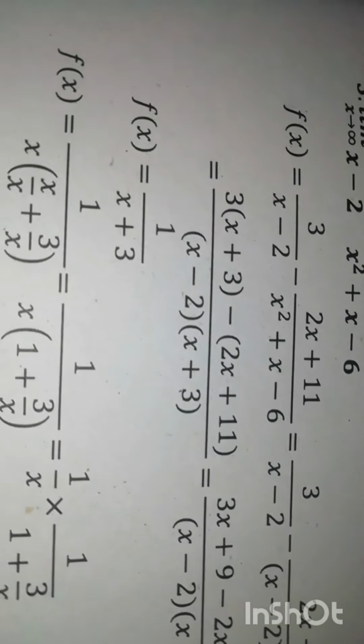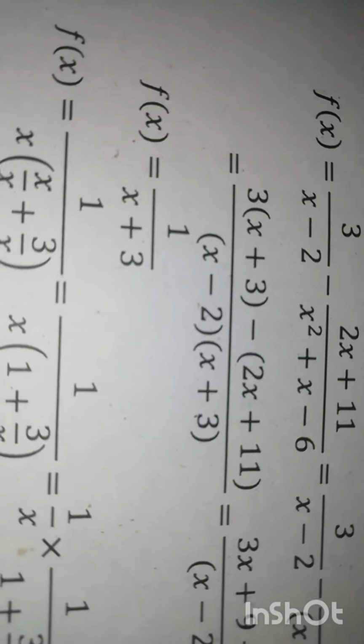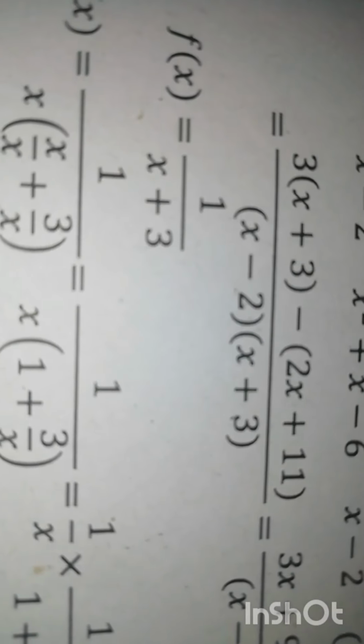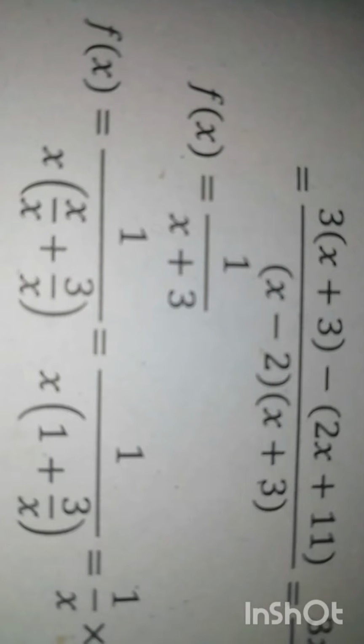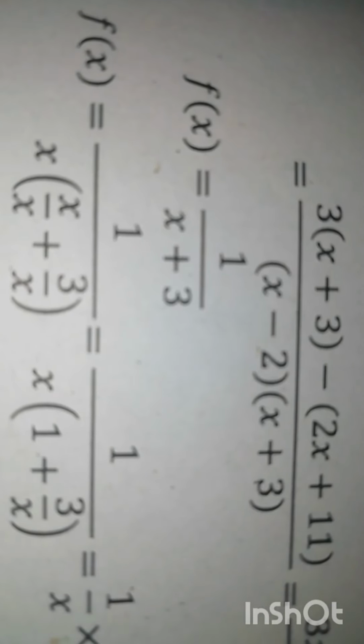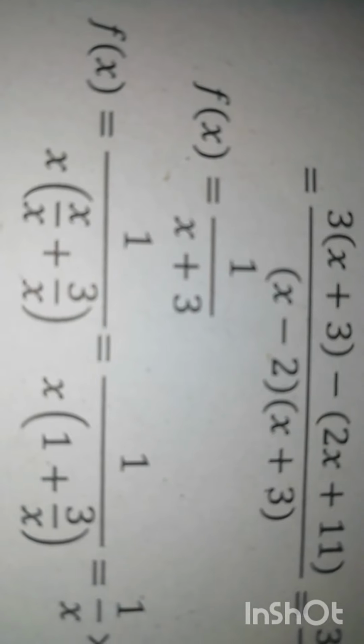Now, they are asking x tends to infinity. Infinity means we can take out the x. Any time we can, limit x tends to infinity means we can change it into the 1 by x form. First of all, we can take x, that is x by x plus 3 by x. Then only you can multiply: x by x means 1, 1 into x we can use that. X into 3 by x, x cancels, and we get 3.